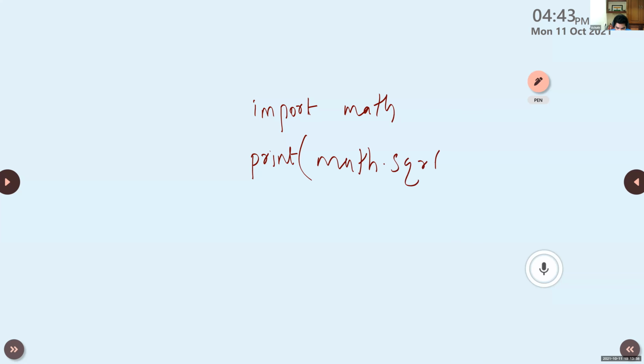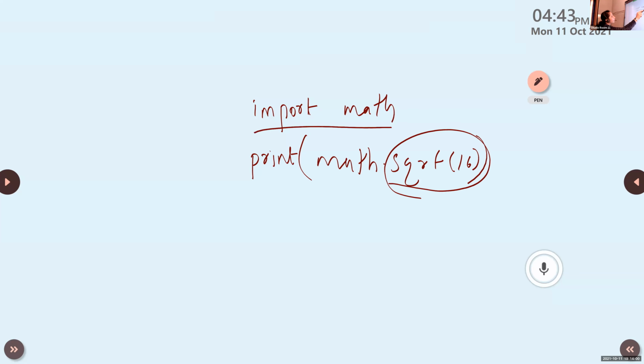Okay. This is from where, Achut? From the textbook. So import math. After that, print math.sqrt of 16. Before using the sqrt function, which is a built-in mathematical function, first you want to import math. When we are using sqrt, start with math dot, because sqrt is from the math module. And here the answer is 4.